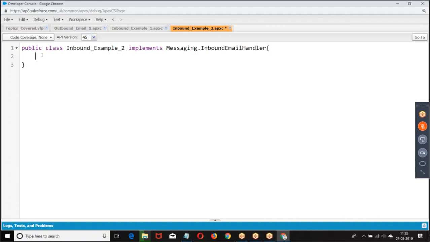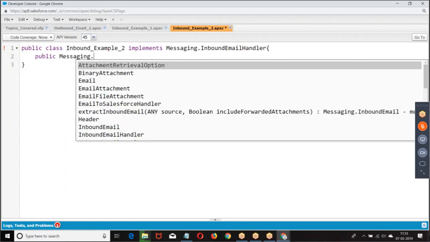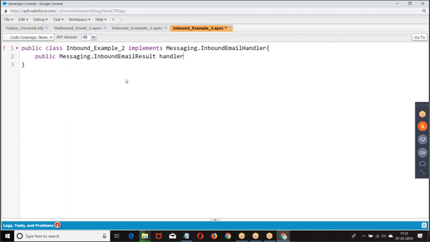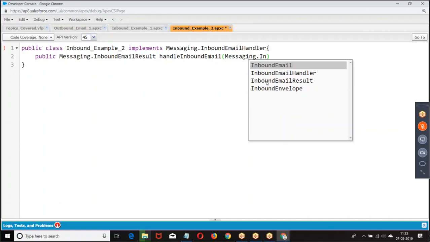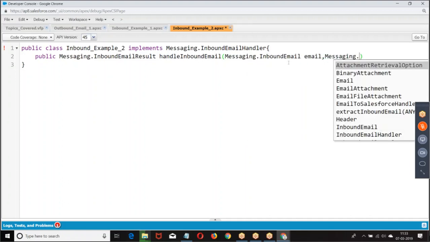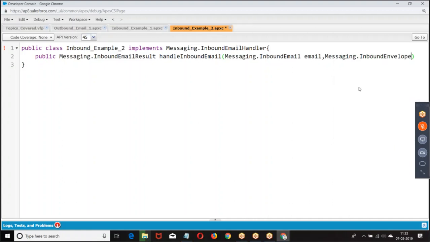Then what is the method they have to define? Public InboundEmailResult handleInboundEmail, with the InboundEmail and InboundEnvelope parameters.